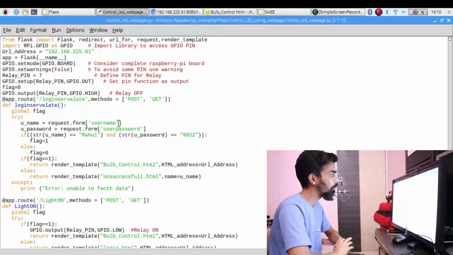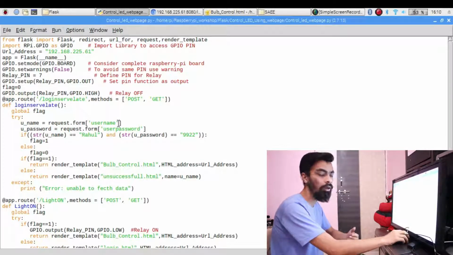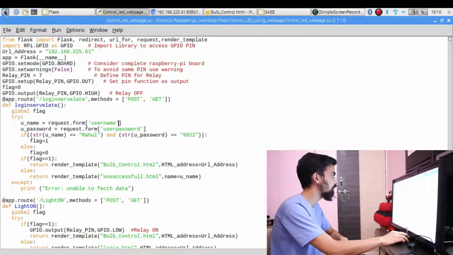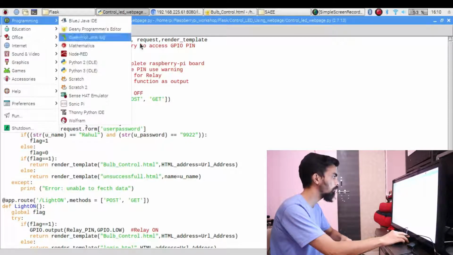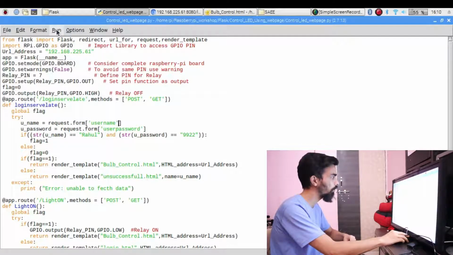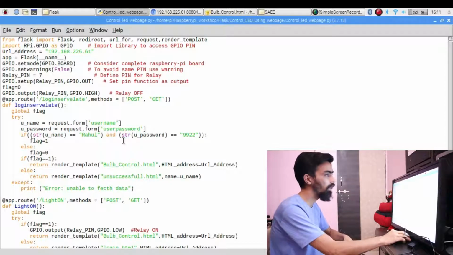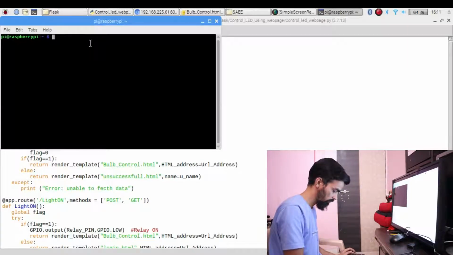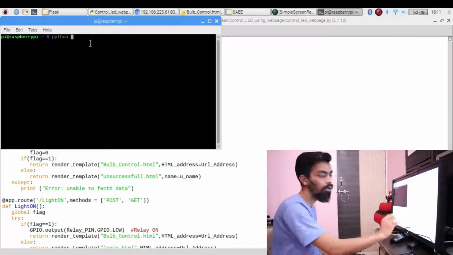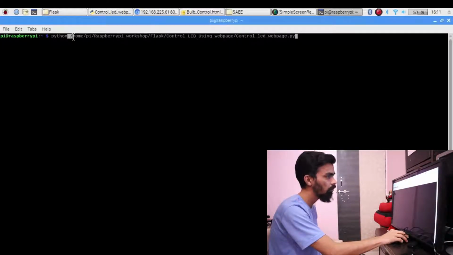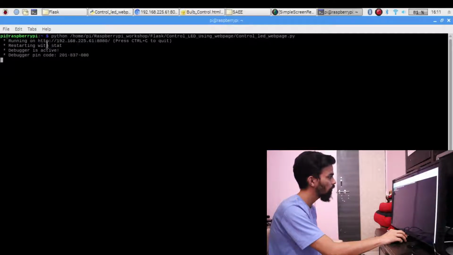Once you type all your code and want to run it, you can run it by using two methods. First, go to the Raspberry Pi menu, then Programming and Python 2, and once you open the IDE, go to Run and Run Module. If you do not find the Python IDE on your Raspberry Pi, there is another way to run this code. Go to your terminal and type python and provide the path of your file. Once you provide python, then a space, then the path of your file, and press enter, you can see it running on this address.